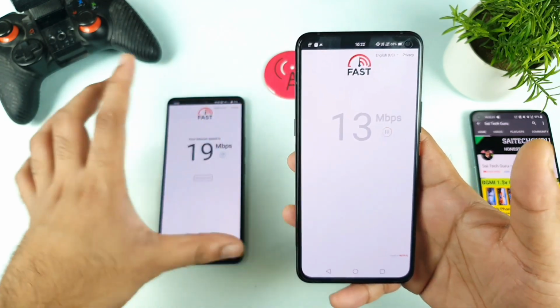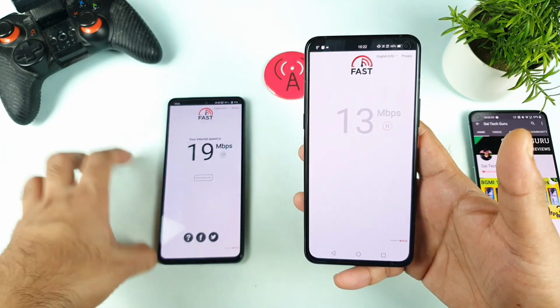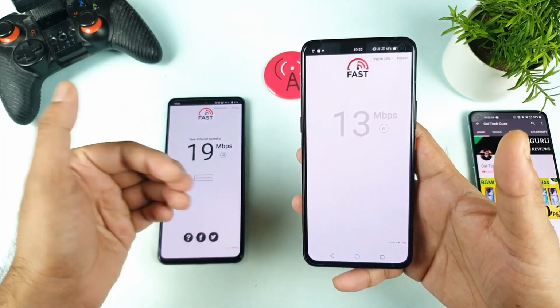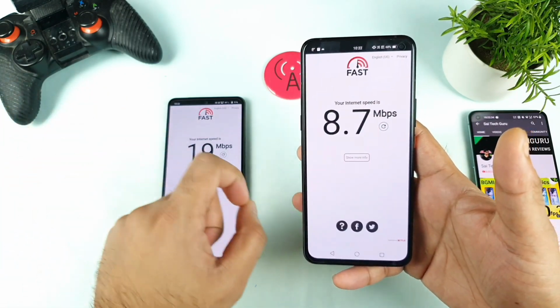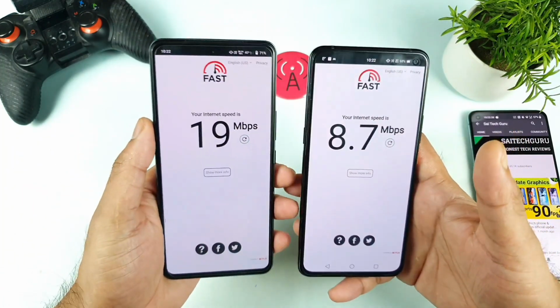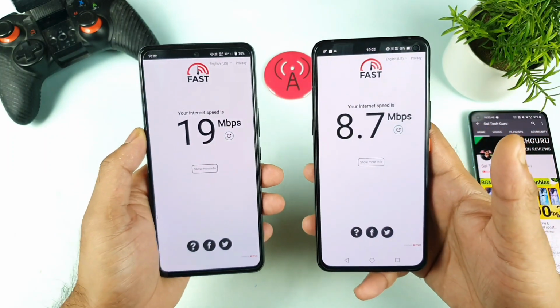So overall, I did feel the iQOO 7 device is slightly better using the Jio SIM card. In my location, if I want to use this kind of internet, I'll definitely prefer the iQOO 7 device, slightly better, faster speeds. I need to do the mobile ping value test as well, so make sure to stay tuned for those videos in case you are interested. So these are the double results which we got in the iQOO 7 device when compared with the iQOO 3. As you can see, friends.